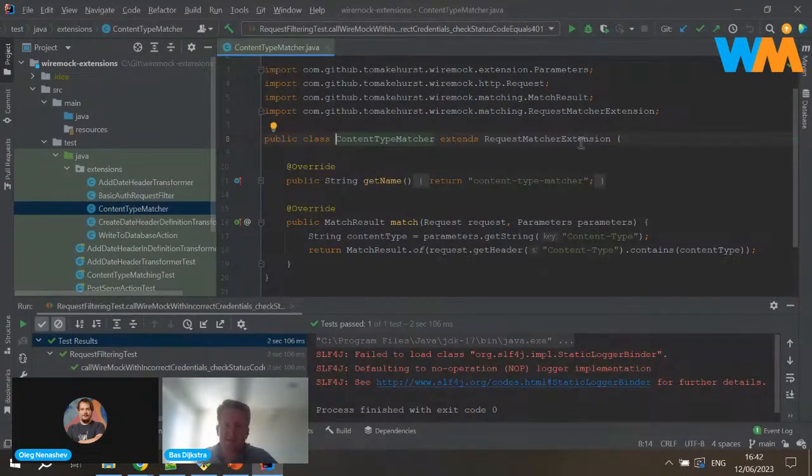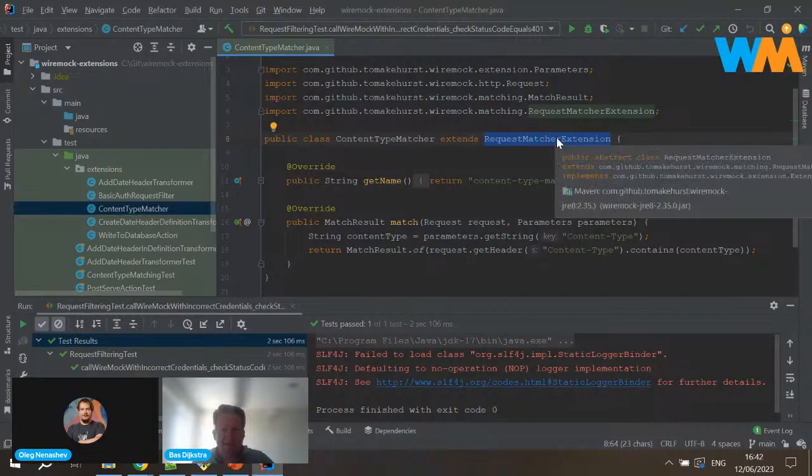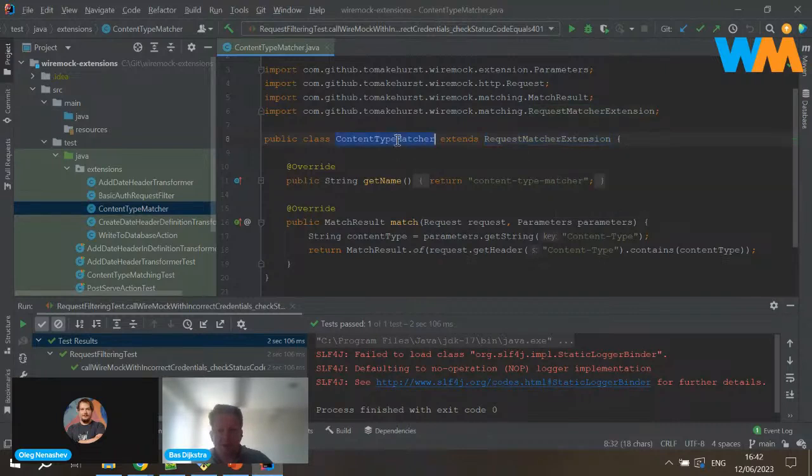In this case, I build my own custom request matcher extension. I extend the request matcher extension that's built into WireMock, and I'm building my own matcher that, as a demonstration, looks at the content type header of the incoming request.